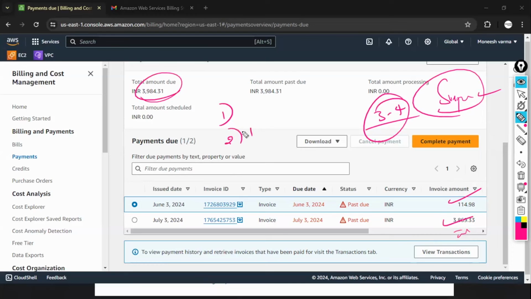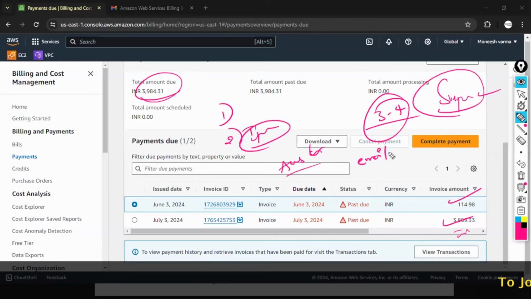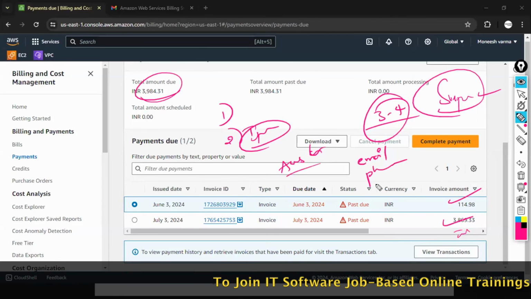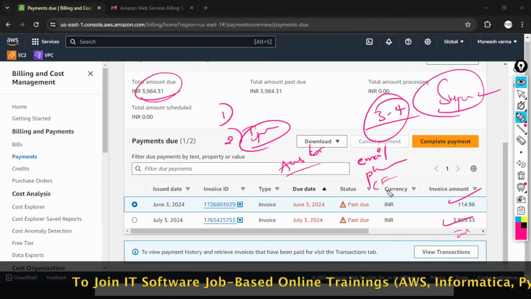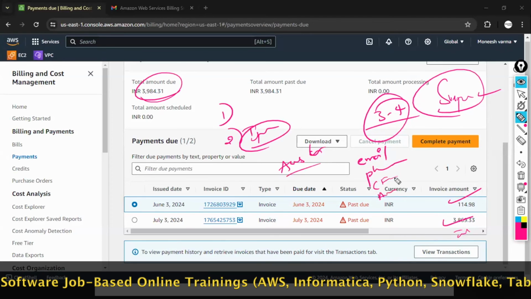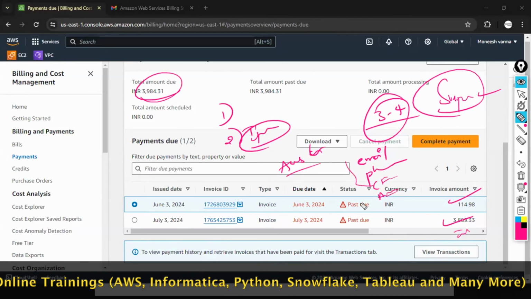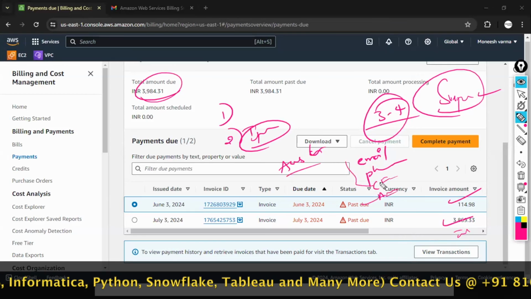And one more option: just ignore and create a new AWS account. You can create one more AWS account with a new email ID, a new mobile number, a different PAN card, and a different credit or debit card. Create one more account and you can practice.